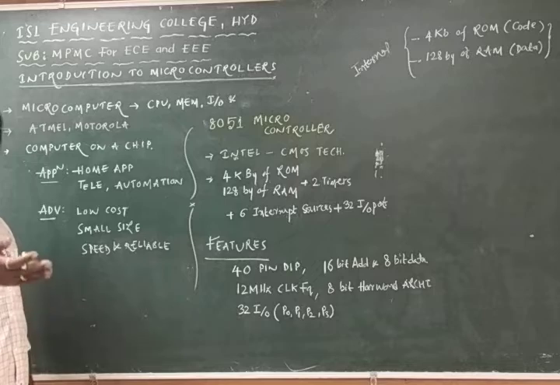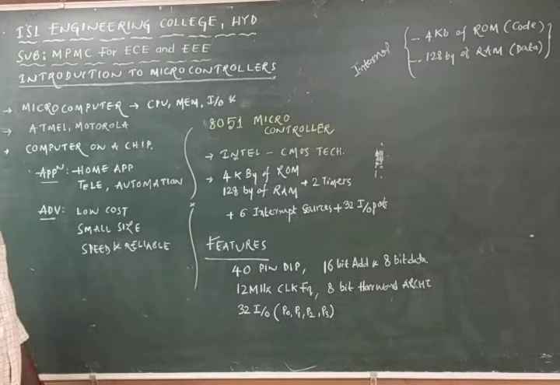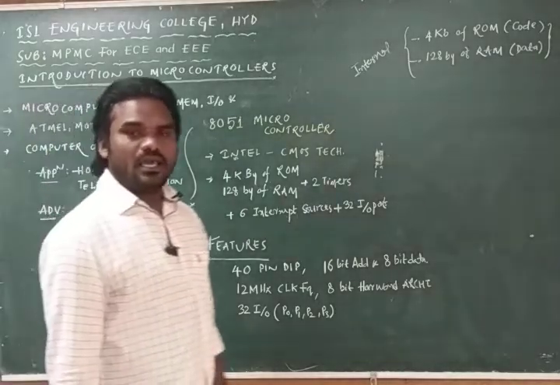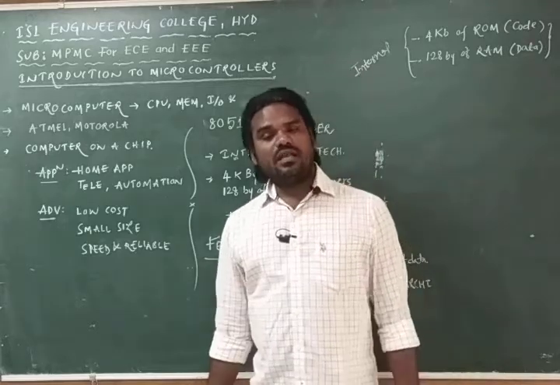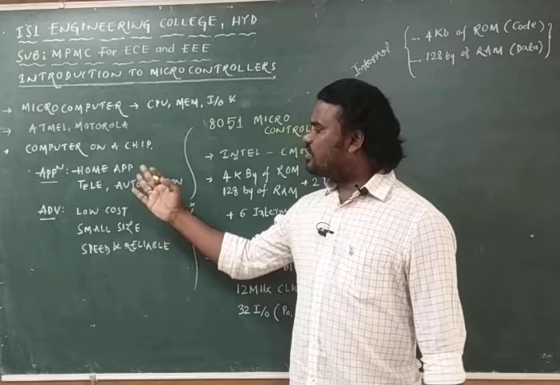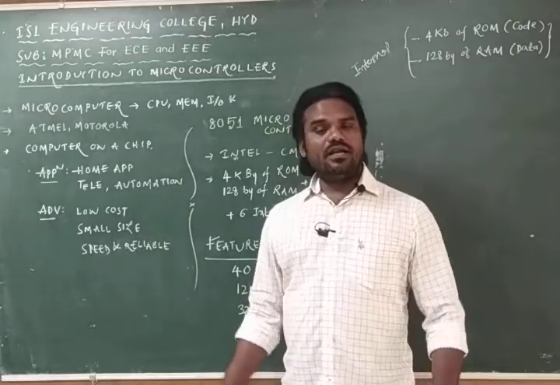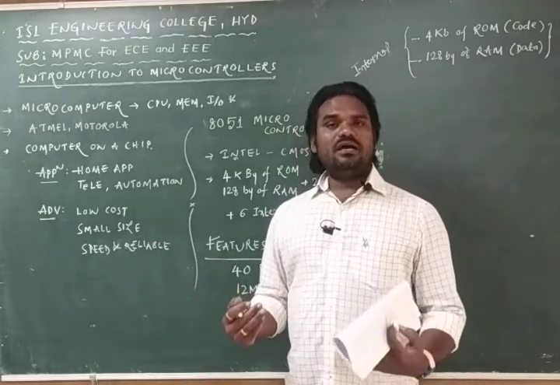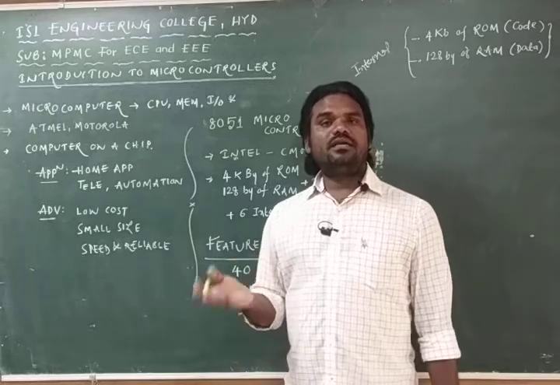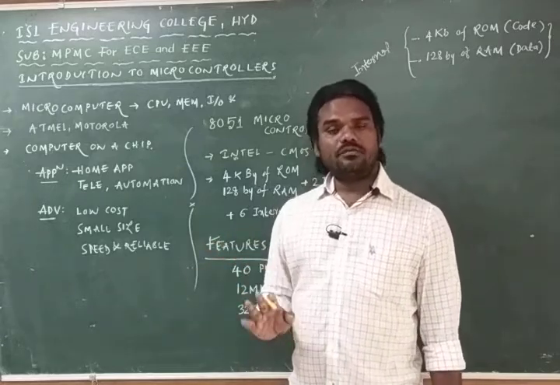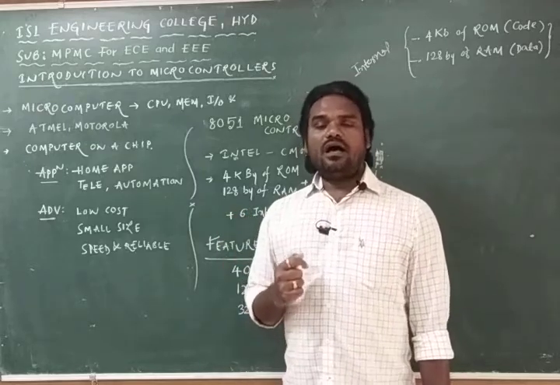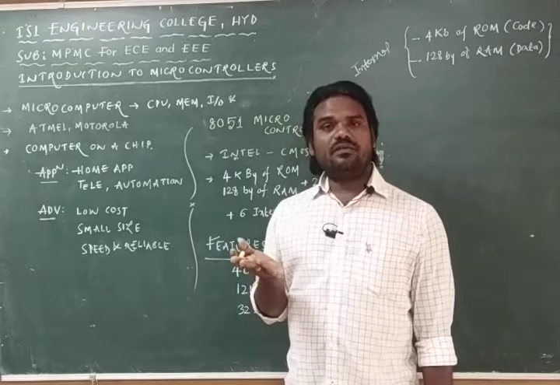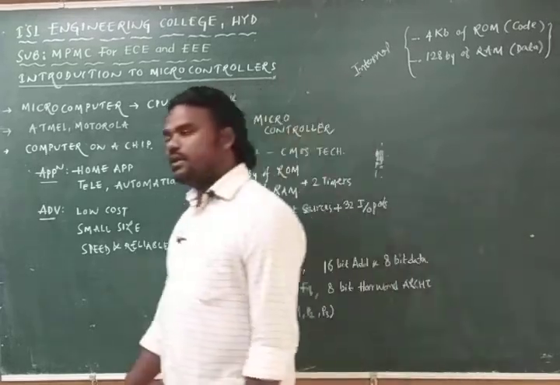Then, applications of the microcontrollers. Microcontrollers are generally used to control the devices which are connected to them, so in home appliances we can make use of microcontrollers. In microwave ovens, in automatic rice cooking machines, in iron boxes, we can find a microcontroller. Whenever it completes the particular function, automatically it turns off, and automatically it turns on. That means the microcontroller is controlling that device so that the specific function can be accomplished in a particular designed manner.